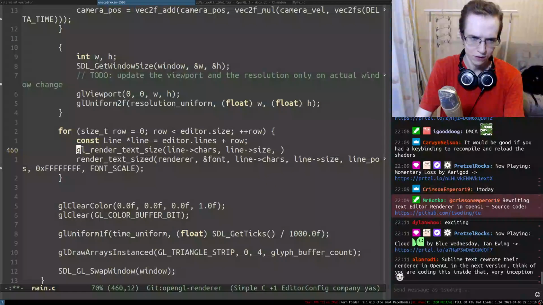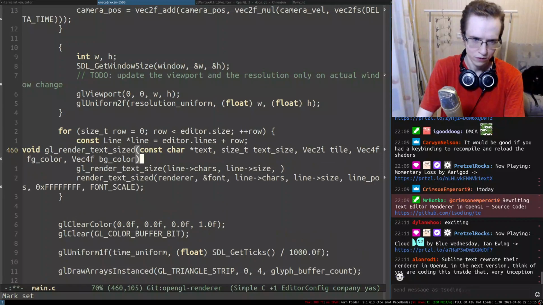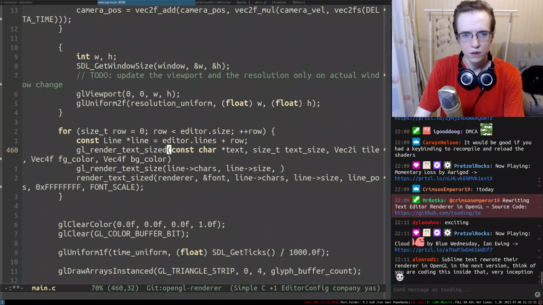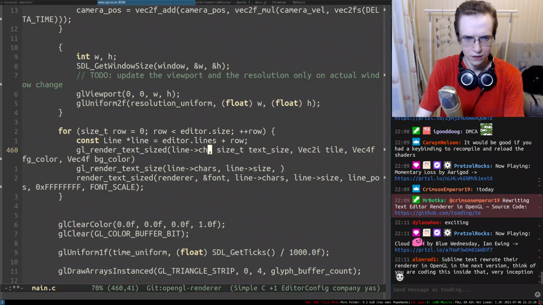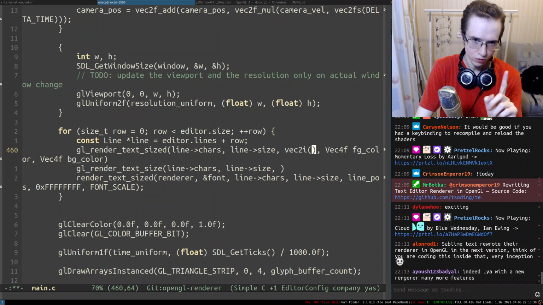Should have actually copy pasted everything accordingly. Am I in the right renderer? I'm not sure. Yeah, I think I am. So it's gonna be line characters, line size, the tile, the most interesting part, vector I. This one is rather interesting. So column.